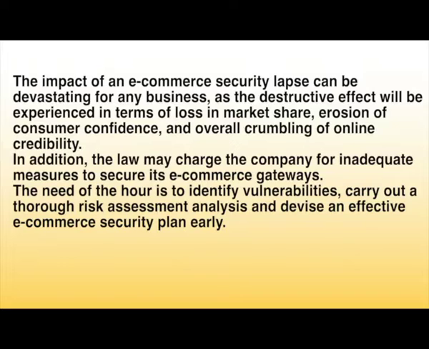The impact of an e-commerce security lapse can be devastating for any business, as the destructive effect will be experienced in terms of loss in market share, erosion of consumer confidence and overall crumbling of online credibility. In addition, the law may charge the company for inadequate measures to secure its e-commerce gateways. The need of the hour is to identify vulnerabilities, carry out a thorough risk assessment analysis and devise an effective